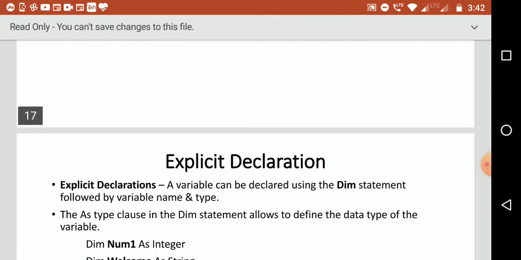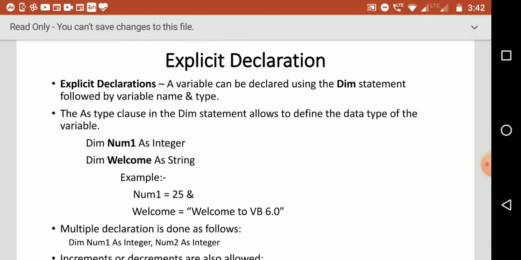Now let's see what are these two. Explicit declaration means a variable has to be declared using the Dim statement, and it has to have a variable name, and you also have to mention what type of data it is. So before using a variable, you have to declare the variable. That is what is explicit declaration.